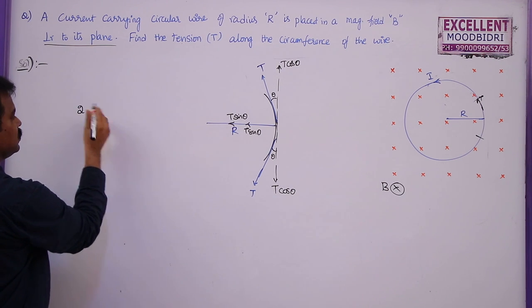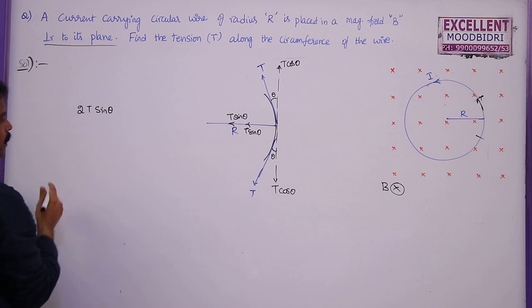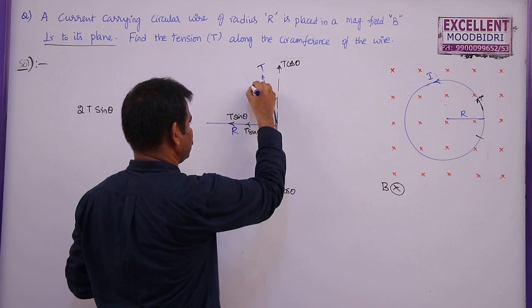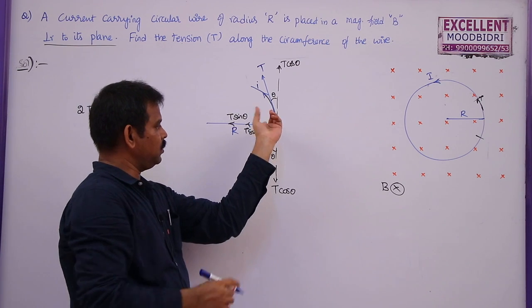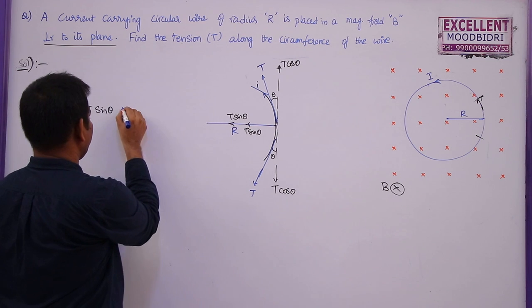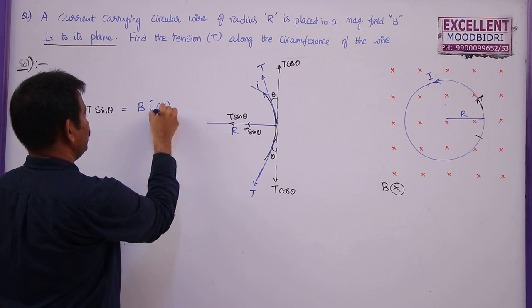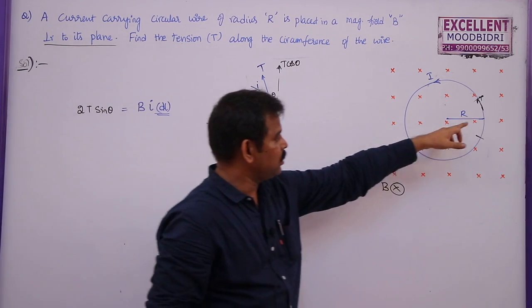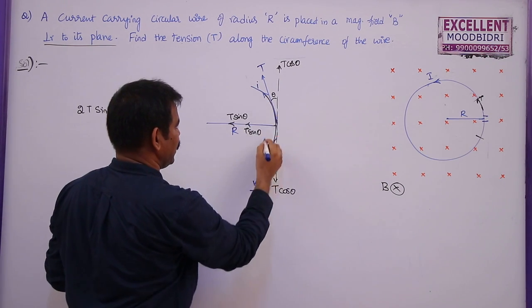The total force is T sin theta plus T sin theta, 2T sin theta. This is the inward force. But as it is carrying some current in this direction and the field is acting inwards, this is the magnetic field, this is current, and the magnetic force also acts inwards, which is given by BIdl as the current is flowing here. What is dl here? Because I am not considering the entire portion, I am just taking a small portion here. But this is an enlarged version here.